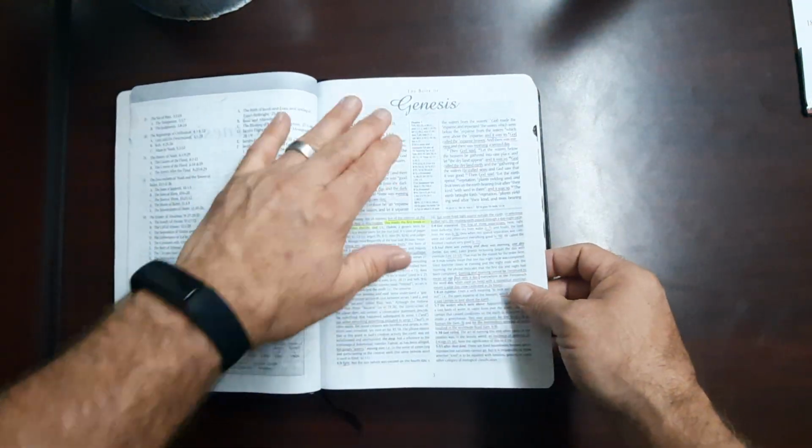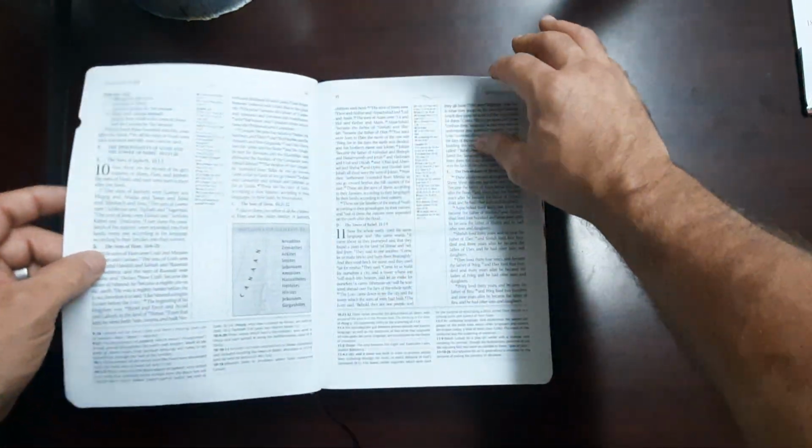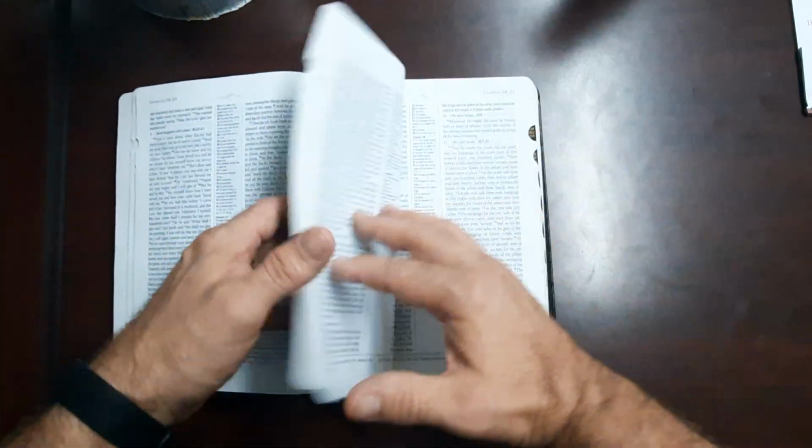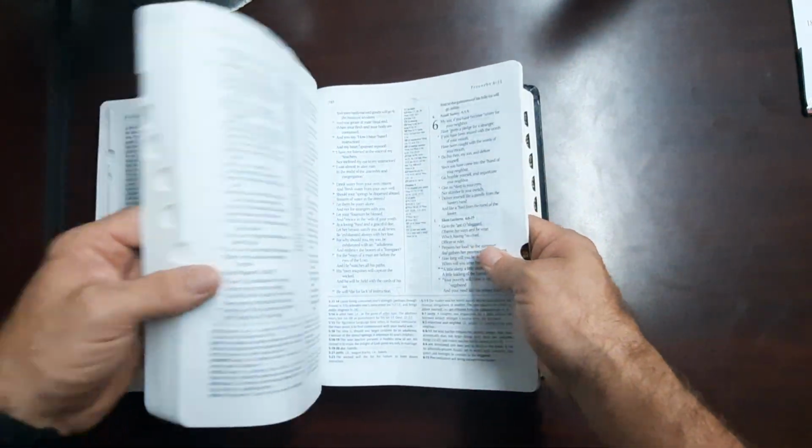I have not done a lot. As you can see, I started to read through Genesis in this one. I'm reading through it slowly. I haven't gotten much time with this one. I want to see if there is anything in between the testaments. This is really good,